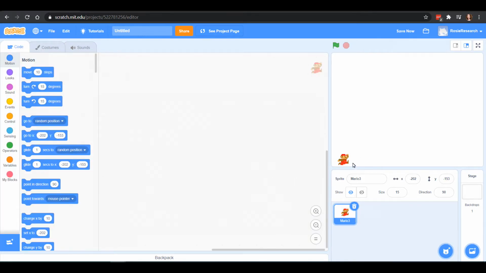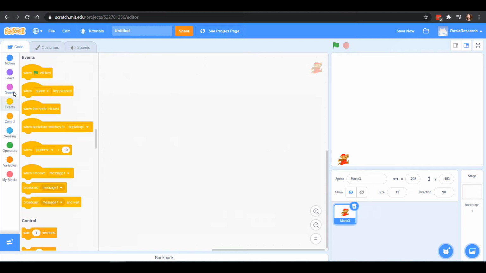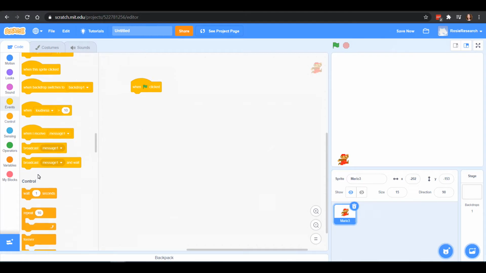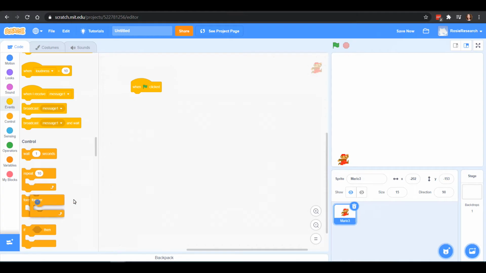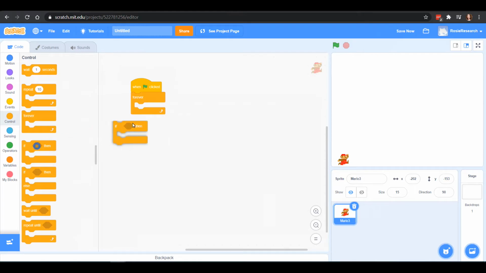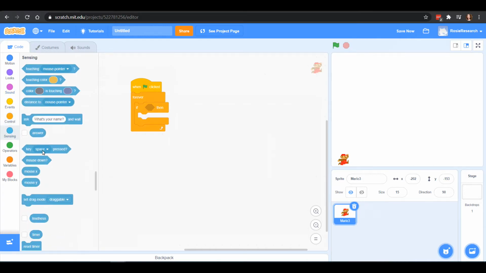So we have our Mario here, and now we want to make our Mario move. So we'll go to events, and we want to make our Mario move when the program is started. And to make it move, I'm going to make it move by some keys, and I want it to happen whenever these keys are pressed. So I'm going to do forever, and I'm going to pull out a couple of these if-then blocks. So if, and we'll sense if a key is pressed. Let's say if the right arrow is pressed.